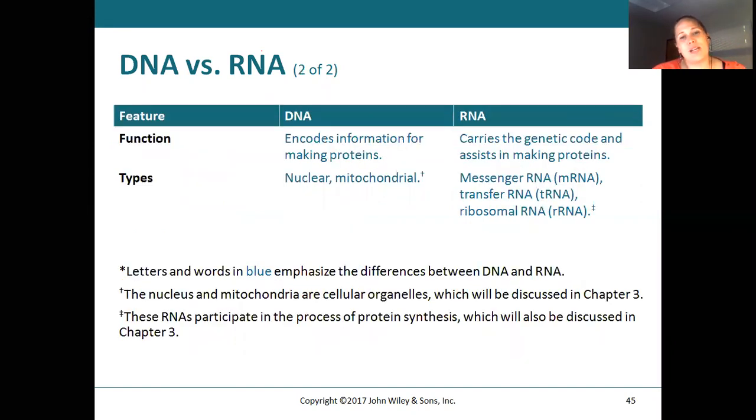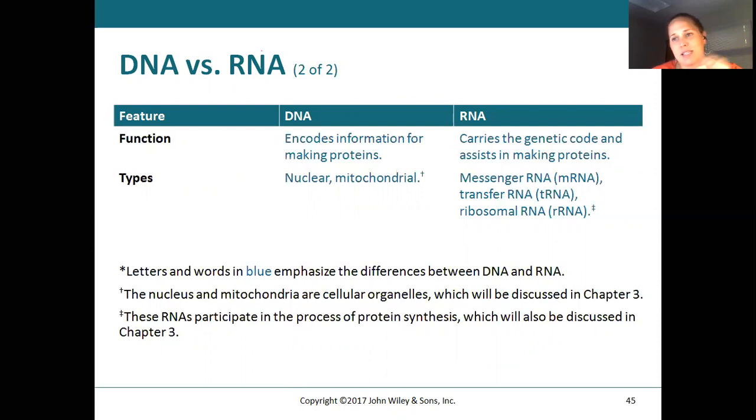Okay, so DNA versus RNA continued in terms of its functions. DNA's basic function is to carry the information for making proteins. And it can be found in the nucleus, but it also is contained within the mitochondria. And if anybody wants to ask me why there's DNA in the mitochondria, that's also another really fun conversation about evolution. And then RNA is